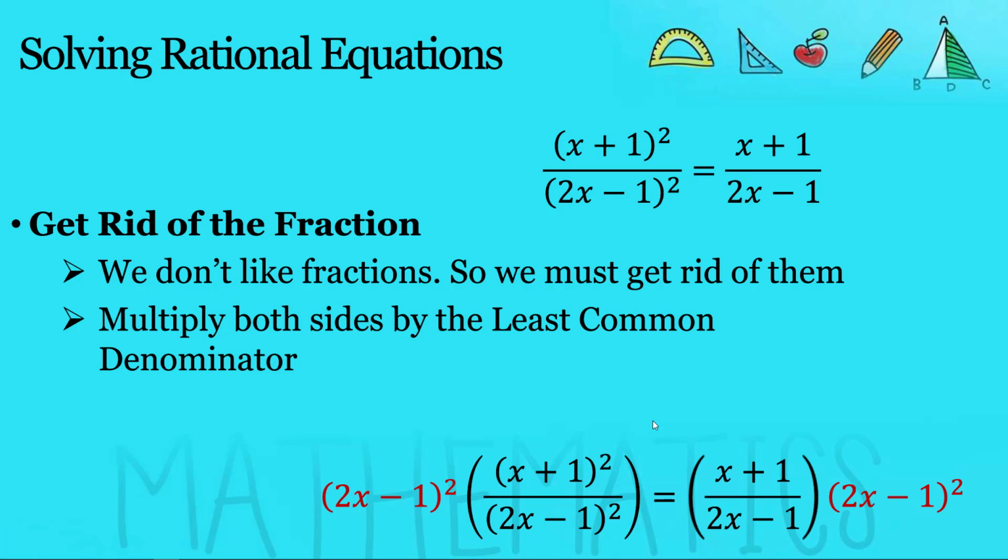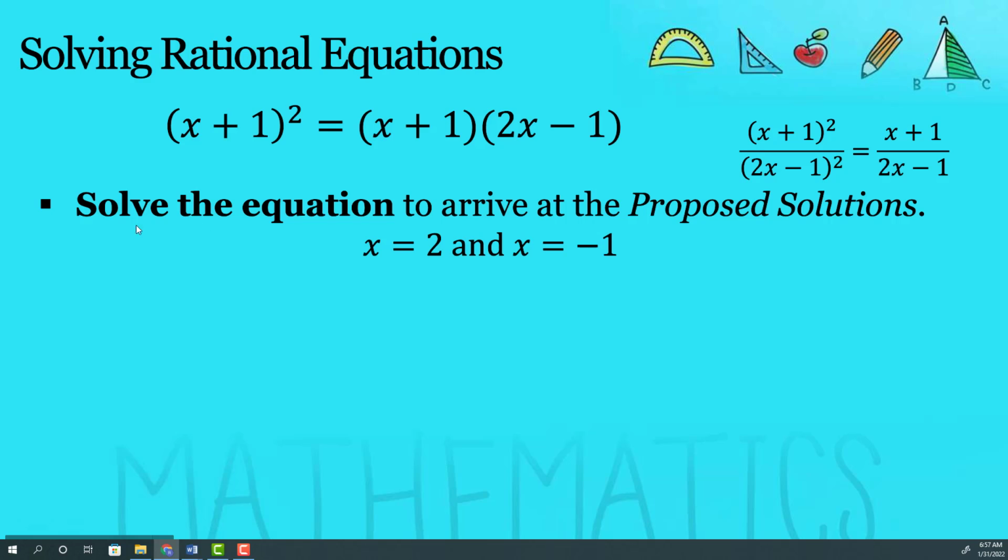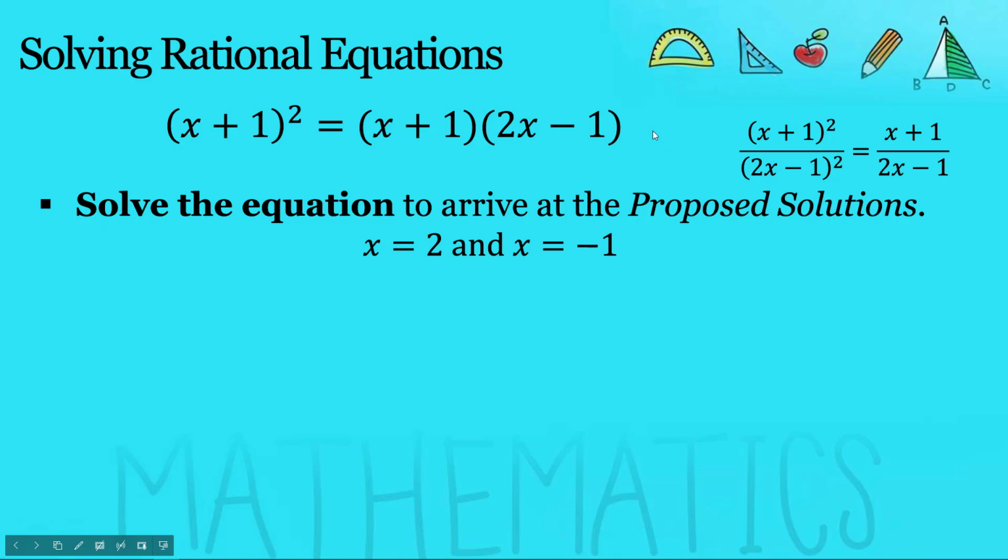Okay, well, how do we deal with solving rational equations? Well, essentially, we want to deal with them the exact same way we deal with fractions. We want to get rid of the fraction. So in this example, we are going to multiply both sides by the least common denominator, or the least common multiple of both denominators, which in this case would be 2x minus 1, the entire thing squared. Once you've done that, we no longer have a fraction, and we can go ahead and solve this